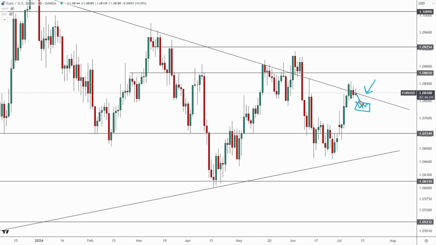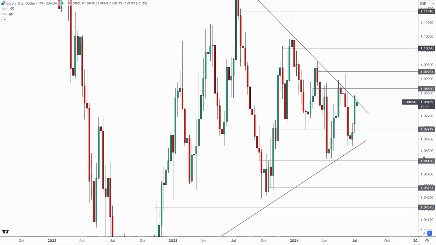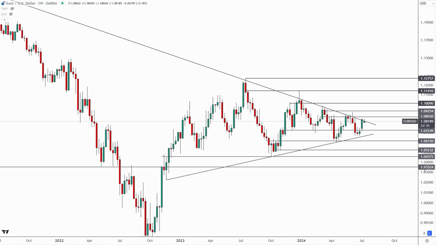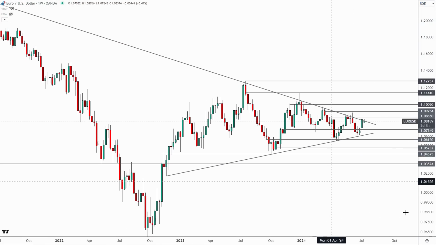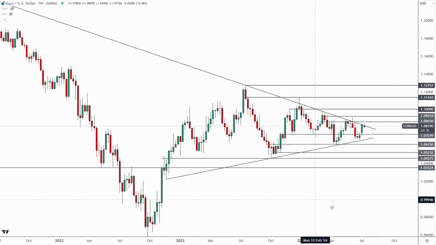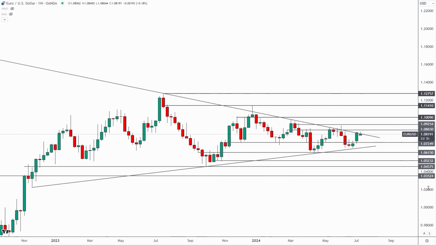next week. Now, if on the other hand, we do get the EURUSD closing up here in this area this week, with CPI and PPI coming up, then that could set this market higher for next week. Because keep in mind too, that would be the first really convincing weekly close above this trend line here. We really haven't seen it going all the way back to 2021 since this level started back here